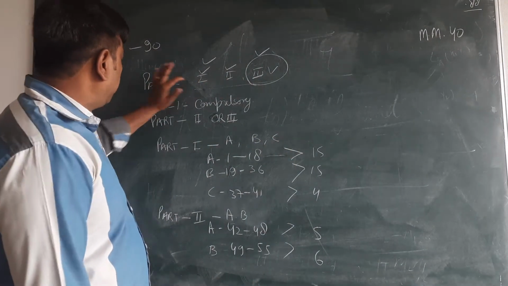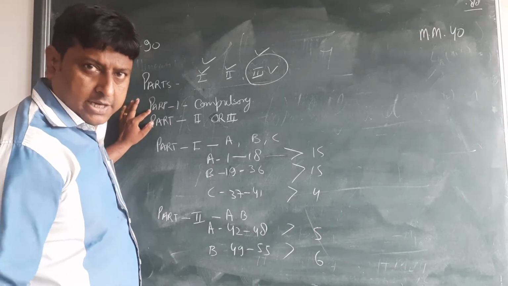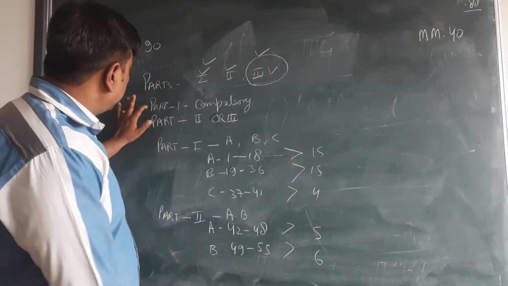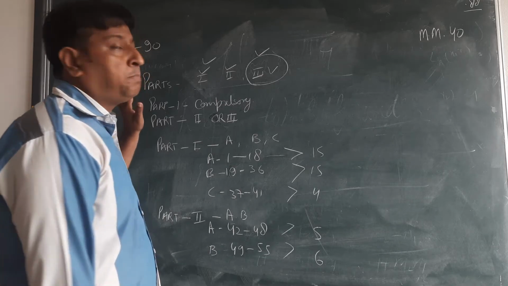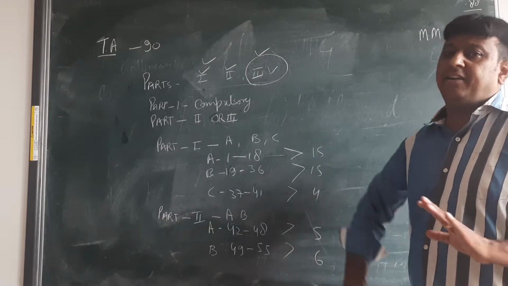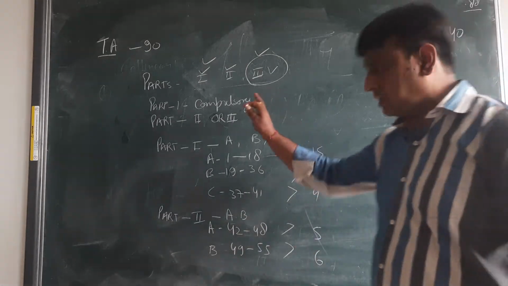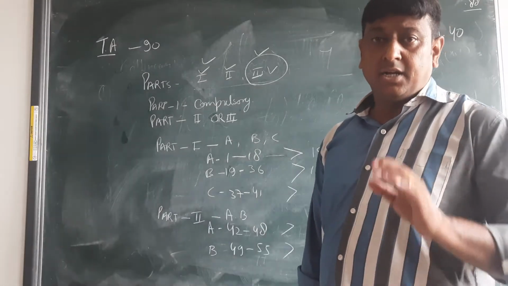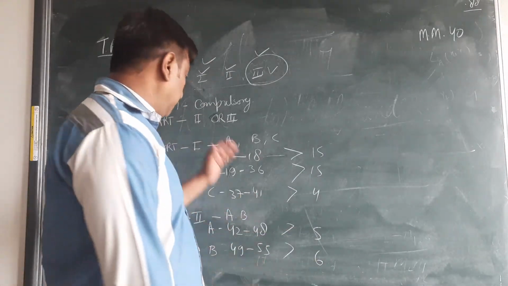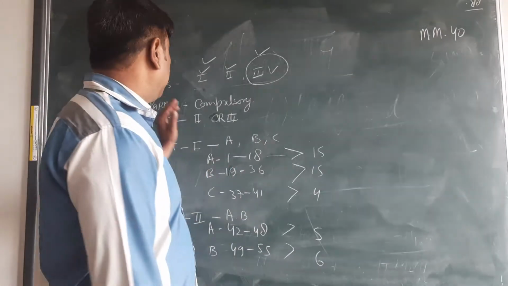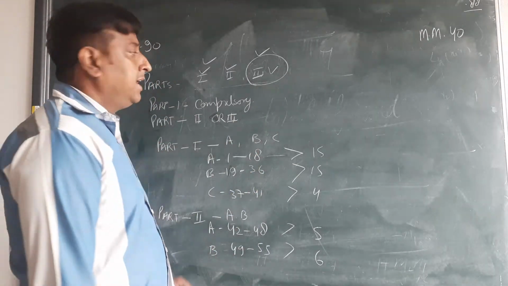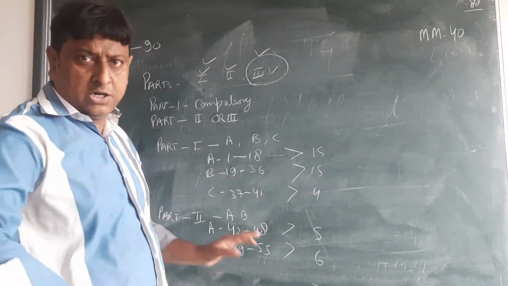This first part is compulsory. In this exam system, term 1 and term 2 by the CBSE, they have given that the first part is compulsory. You have to do the questions of the first part, whether it's right or wrong, but you have to do it. You cannot avoid it, you cannot leave these questions. Then from part 2 or part 3 you are going to take.